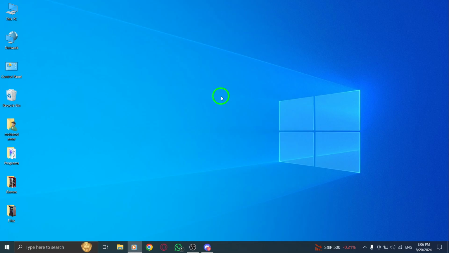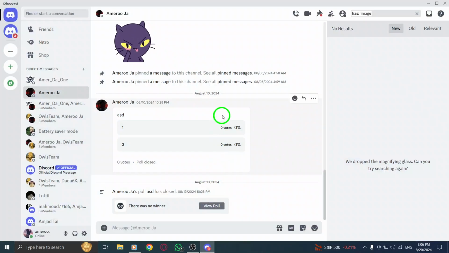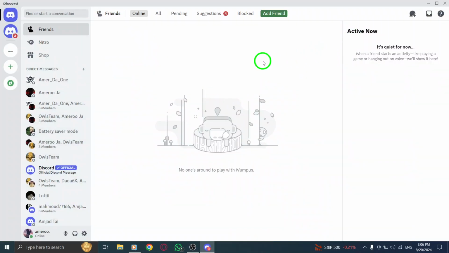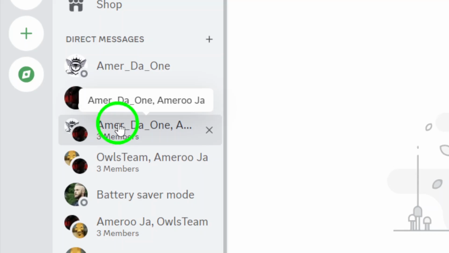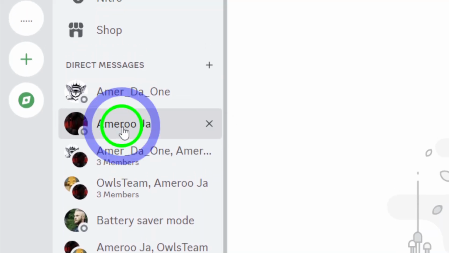So, let's get started. First up, open your Discord app. Whether you're using the desktop version or the web app, you're going to want to access your chats. Next, navigate to the specific chat or server where you want to search for videos. This could be a group of friends, a gaming server, or any community you're part of, wherever those memorable moments